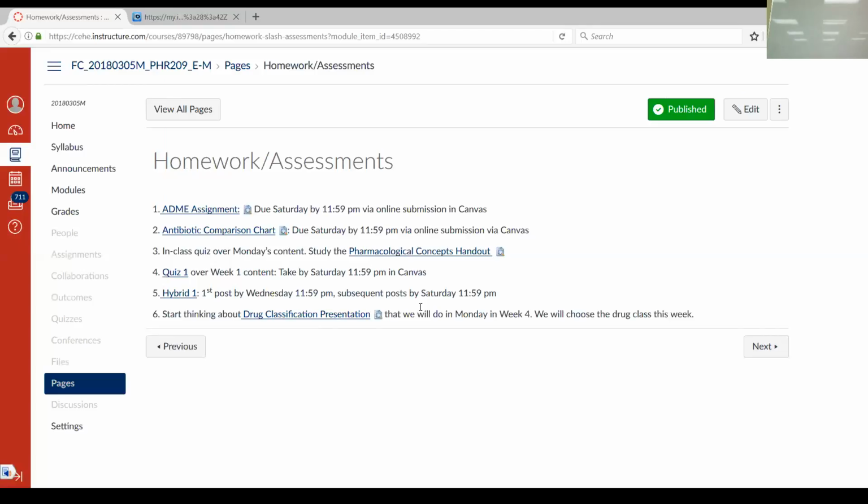Okay, in the first week there's homework assignments, and under that you'll find a document for the drug class presentation. And if you open that document, at the bottom of that document you'll find